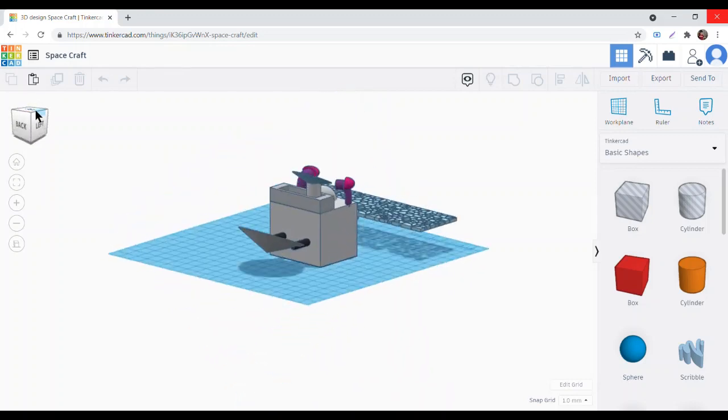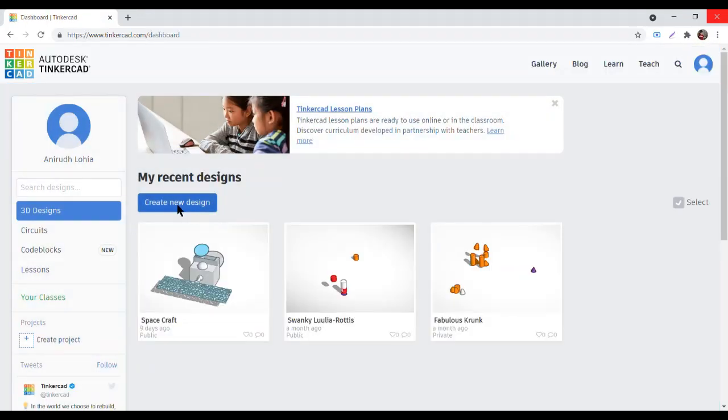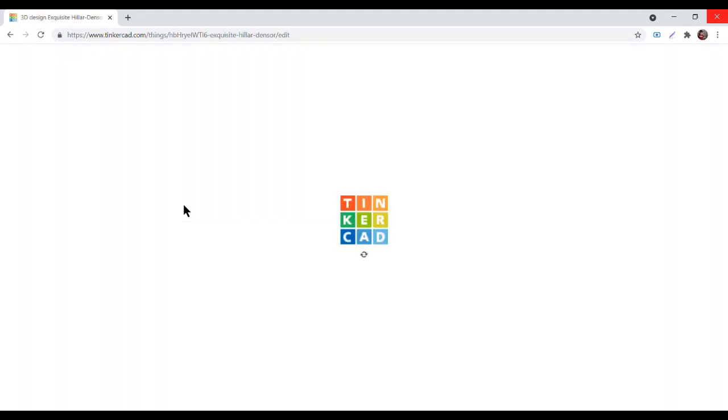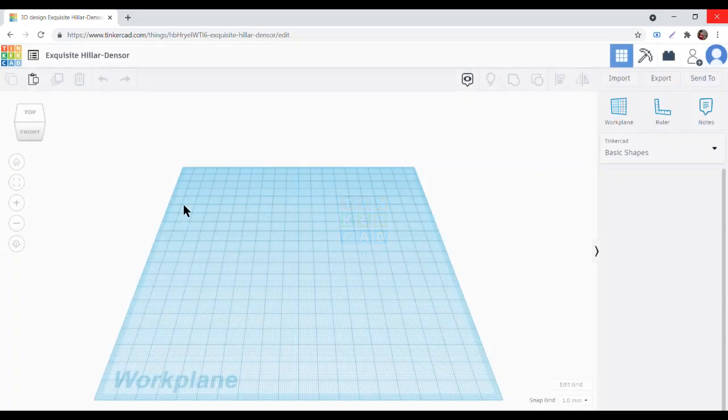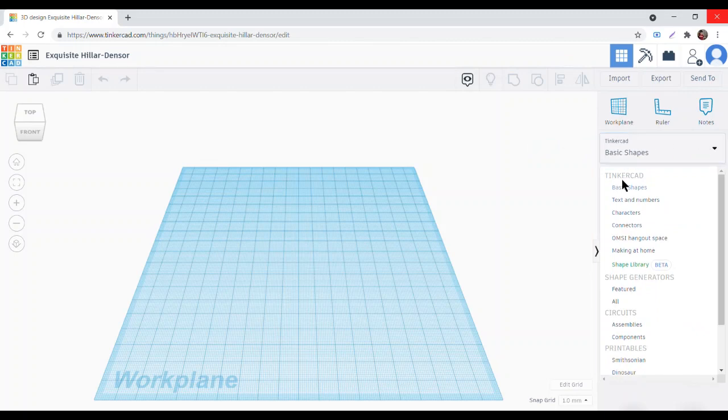Now let me create one more design so that you can understand better how to use Tinkercad. Now I should click on create a new design. I'm going to tell you some really basic things which are really important in Tinkercad.